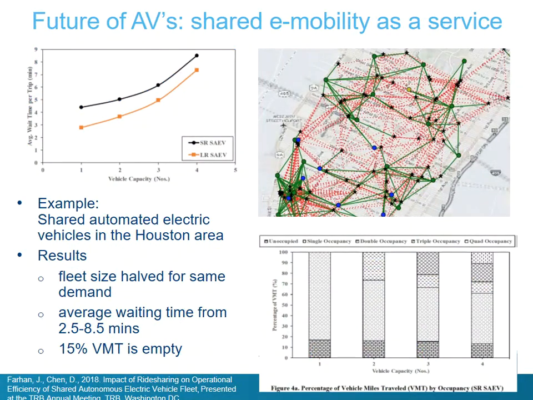We might alternatively use autonomous driving technology and pair it with electric drivetrains and dispatching technology to offer shared e-mobility as a service. It turns out then that for a similar region, in this case Houston, the total fleet size may reduce by half, and empty driving would be reduced to 15% of vehicle miles traveled. However, this would require people to be more patient and wait between 2.5 and 8.5 minutes before being picked